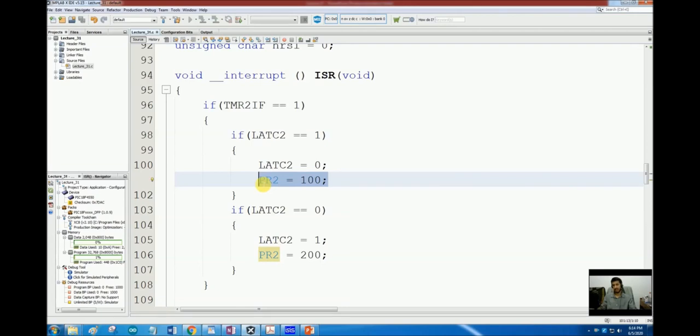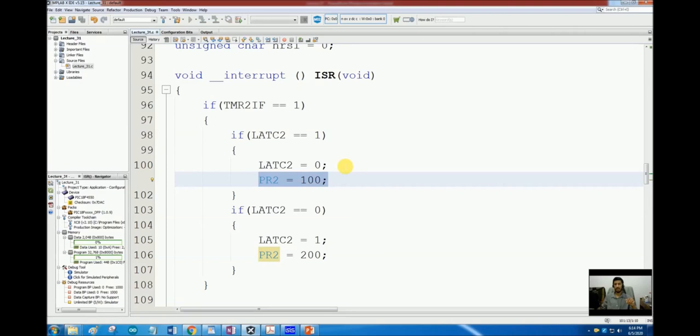That does not result in error, but it is somewhat hectic to specify every time that this is my duty cycle. Why cannot I just say that I want a duty cycle of XYZ% and it should automatically generate that waveform? So I do have a period register. Period means time period. My time period will be fixed. My duty cycle will not be fixed. To change the duty cycle, I have to change this.